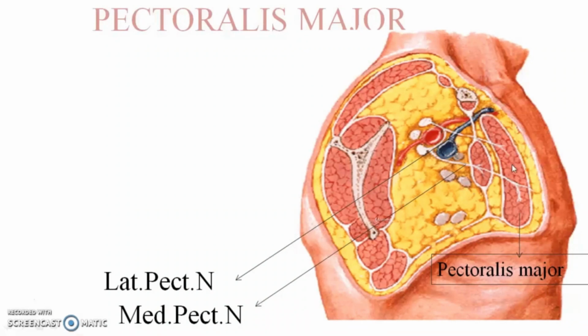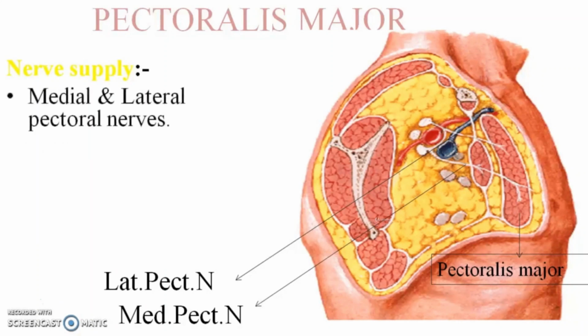So above the pectoralis major nerve supply, you can make out two nerves are going to supply this muscle. One nerve directly supplies the muscle, and another nerve comes and pierces another muscle which is present deep to the pectoralis major, that is pectoralis minor. Later it comes out again and then supplies the pectoralis major. So the muscle is supplied by two nerves, the medial and lateral pectoral nerve, but here you have to indicate the medial pectoral nerve supplies the pectoralis minor by piercing it,